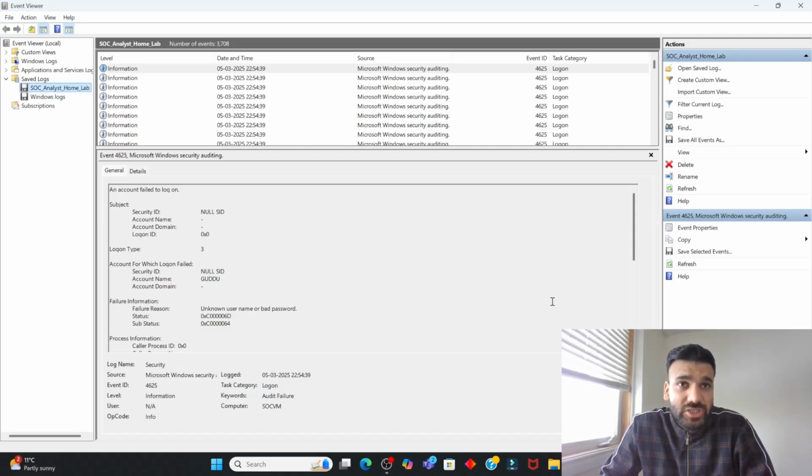That is not that suspicious, but if after many unsuccessful attempts there is a successful login, that could be a suspicious event, right? Similarly, 4672, special privilege assigned, and many more, right? 4720, new user account created. So these are some of the suspicious event IDs that I can look for while investigating this particular log